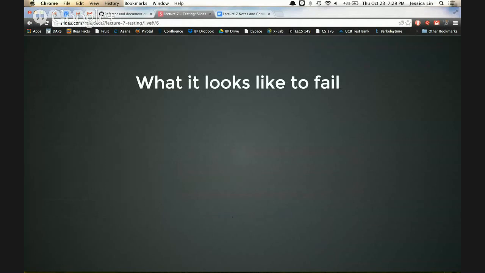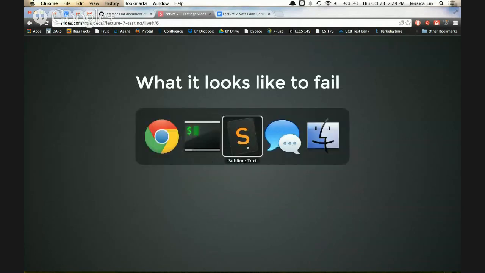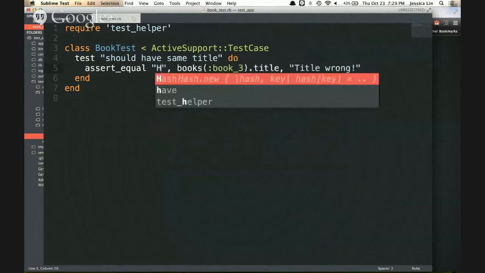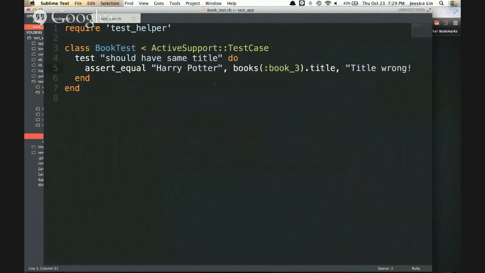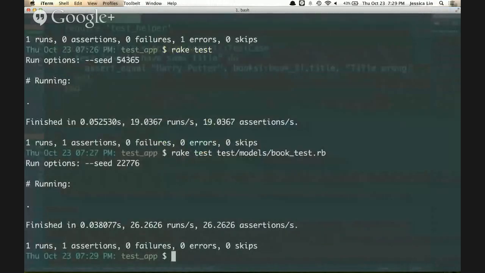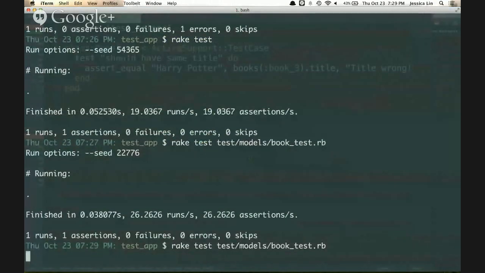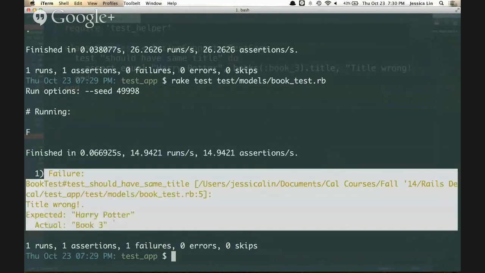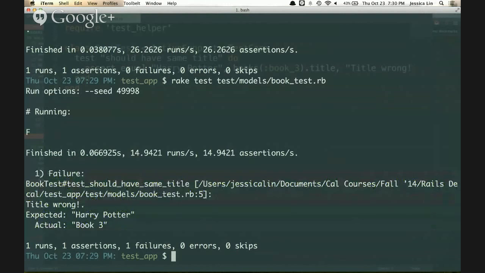Okay, what it looks like to fail. So what does it look like to fail a test? And what does it really tell you when you fail? So I'm gonna purposely fail this test and say assert equal book 3 should have title Harry Potter, which is false. And then let's run the test. All right, so here, before it had a period here, but now it has an F, which means fail. And then it gives you every single failure or error that you had. So here we just had one failure,